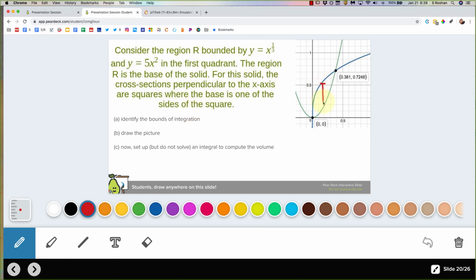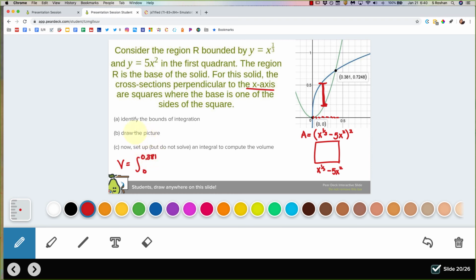So if the base here, that's our region, is one of the sides of the square, then that means that this length right here is top curve minus bottom curve, which was x to the 1/3 minus 5x squared. So our area, the base times the height, is the same, x to the 1/3 minus 5x squared. The bounds of integration, these are going to be dx slices because it's perpendicular to the x-axis,